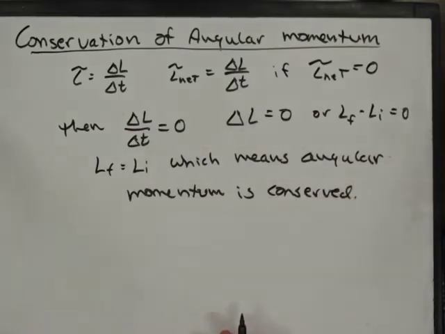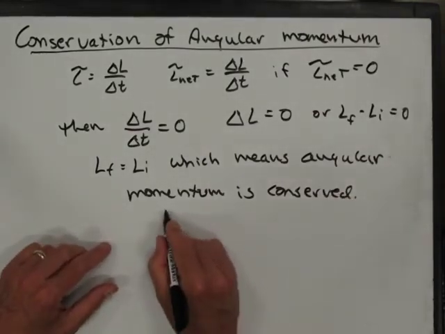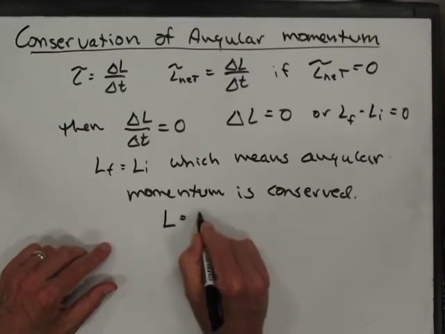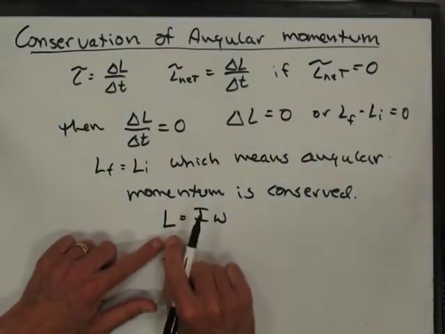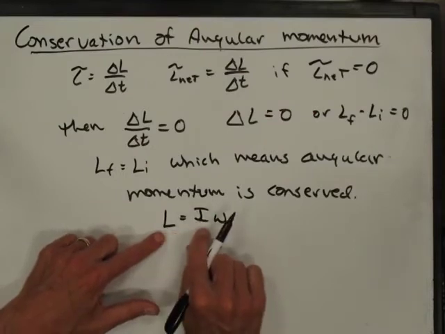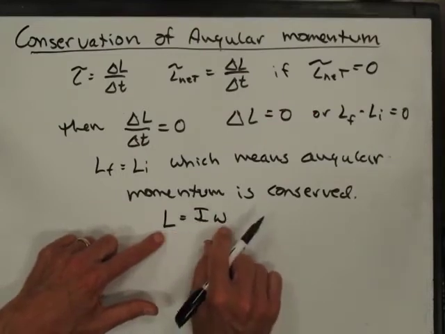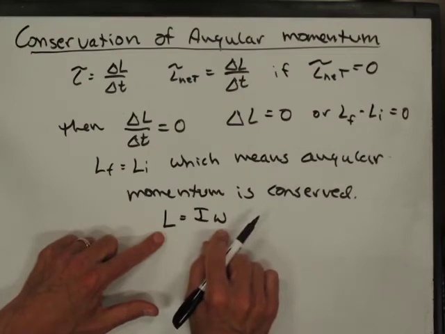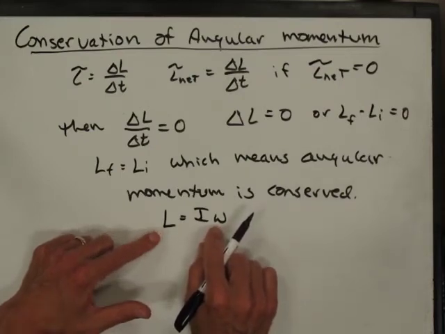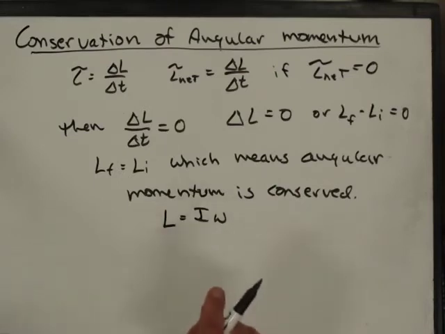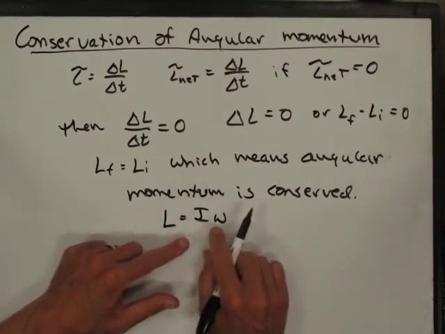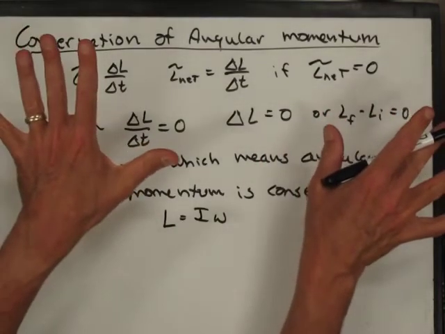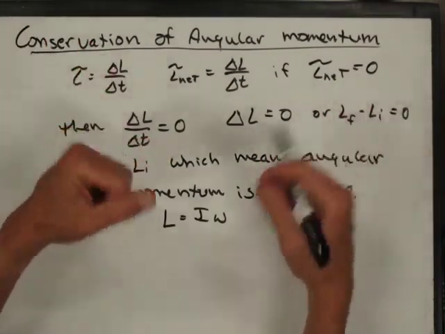Which means angular momentum is conserved. If you remember, angular momentum is equal to I times omega. And so when angular momentum is conserved, it's saying the product of these two is conserved. And so think about an ice skater. Whenever you see an ice skater, sometimes in ice skating shows, you'll see an ice skater spinning with their arms out, and they pull their arms in and